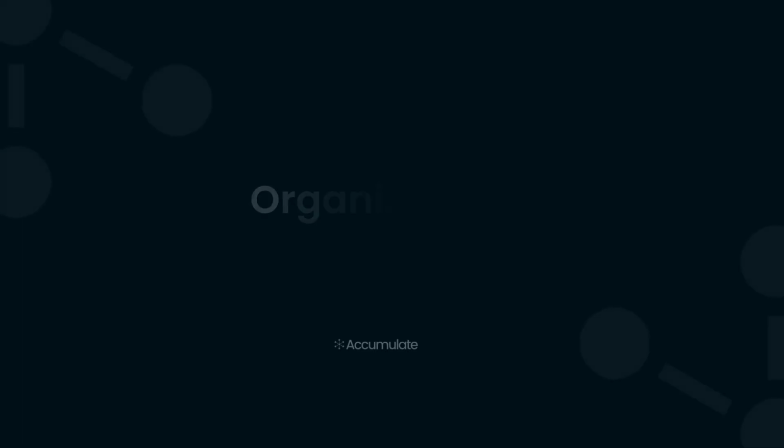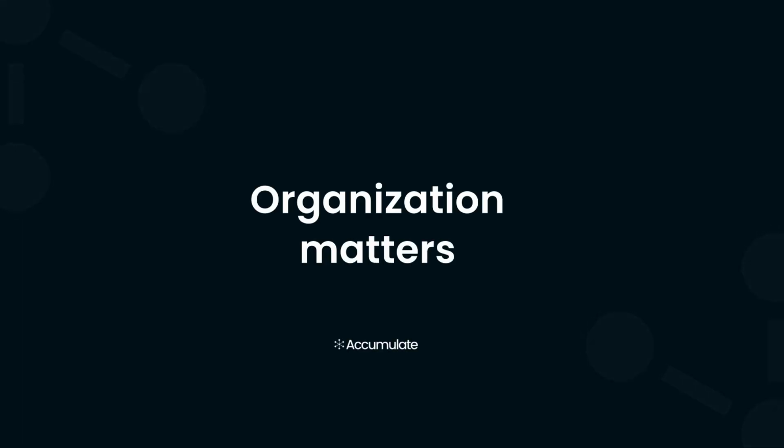And this organization is really important. The thing you'll see on our website and that we say all the time is organization matters, because the fact that we stepped back and rethought how the blockchain should be organized is what gives Accumulate many of its unique capabilities. The simplest example is in order to do a transaction on most blockchains,